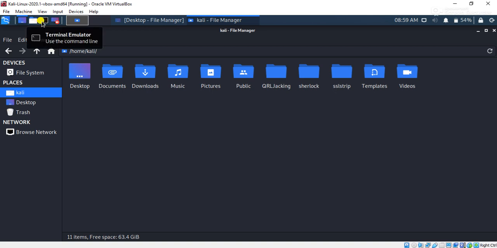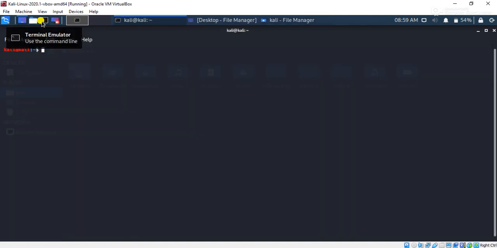Fine. So I just want to show you the terminal. It's like CMD, the command prompt in Windows. In Kali Linux we'll call it a terminal. This is the platform which hackers or penetration testers will play on. This is the playground for them to play with the technologies. We'll see how to play with the technology in future videos. Until then,